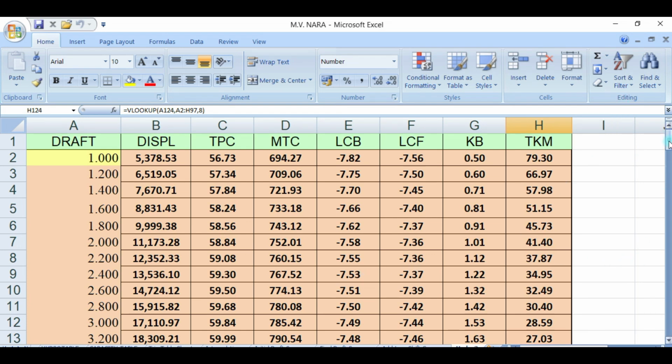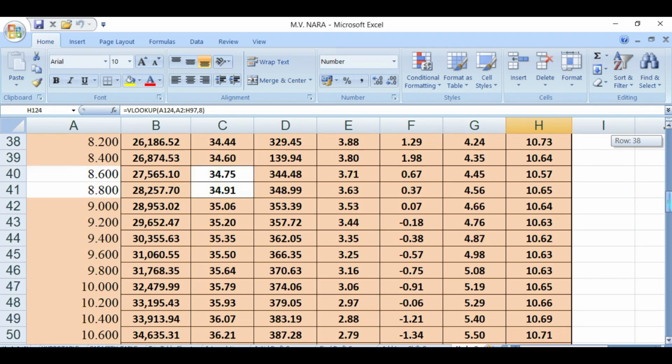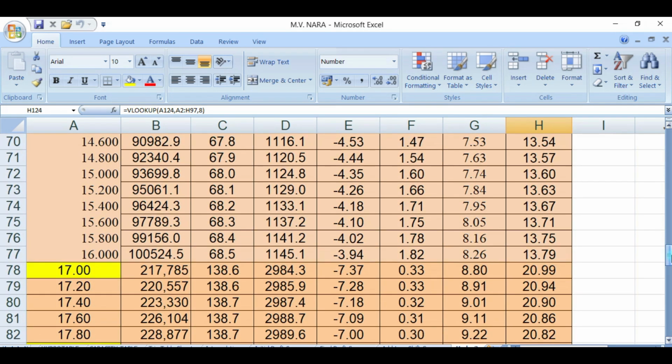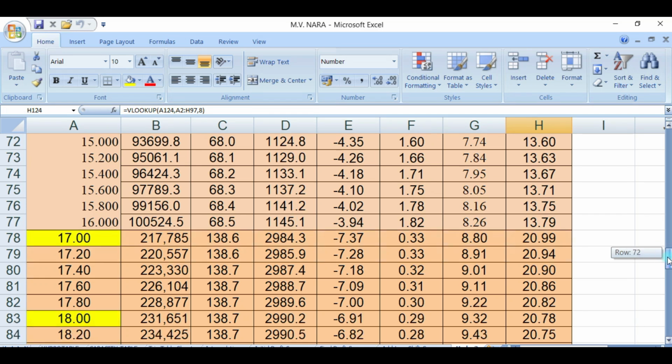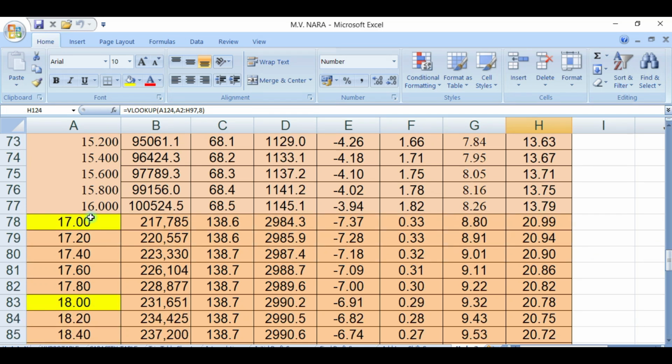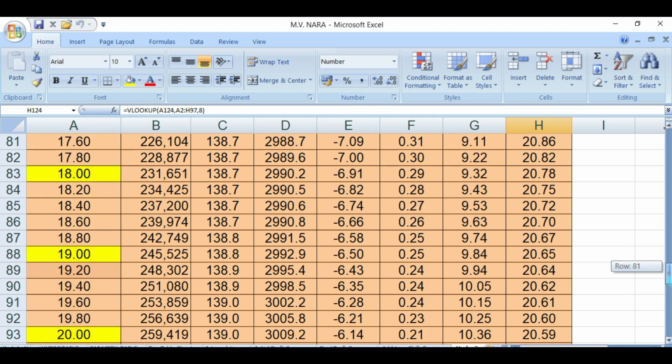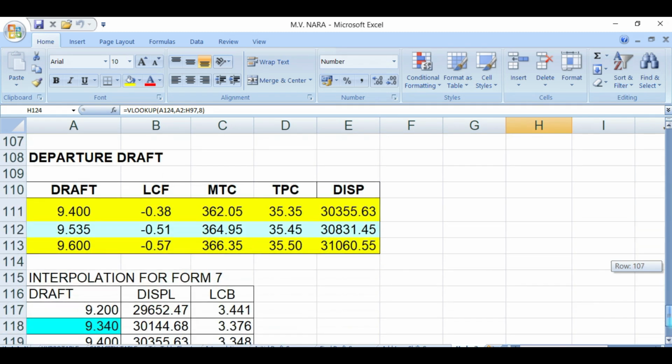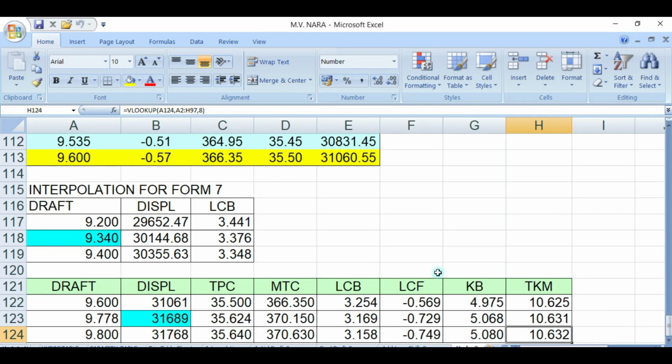So this is a graph from 1 meter up to 16 meters, and the interpolation for this draft and displacements is this one.